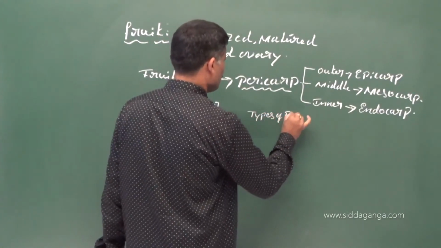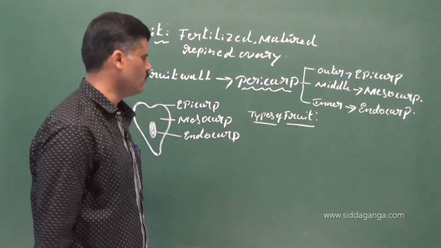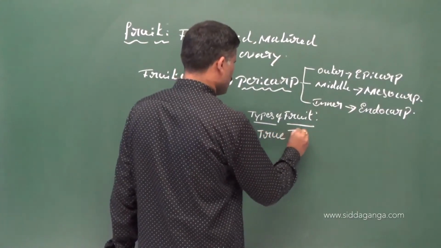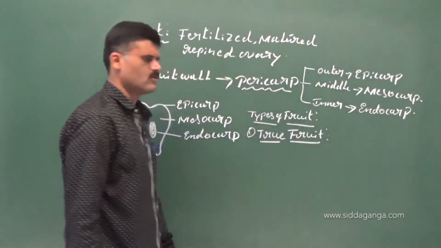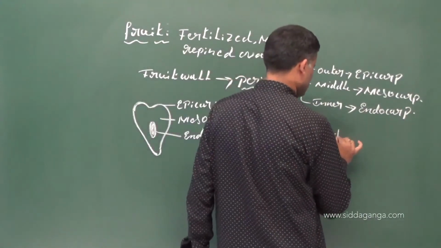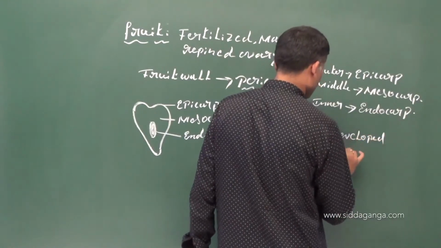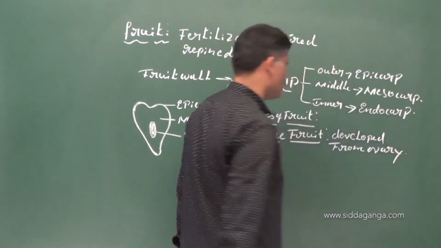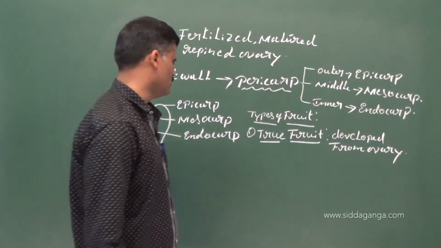So fruit has the following types. True fruit is a fruit developed from the ovary. If the ovary develops into fruit, then it is called a true fruit. Then the second type,